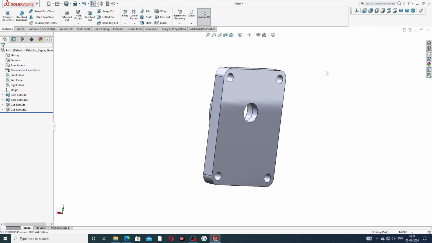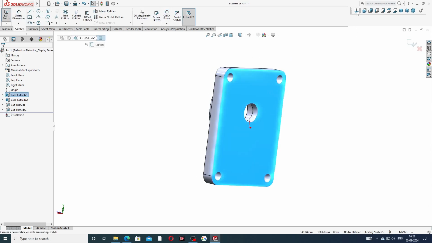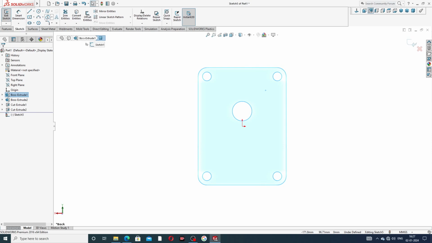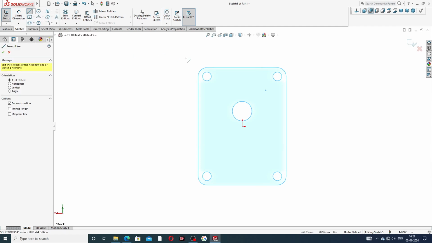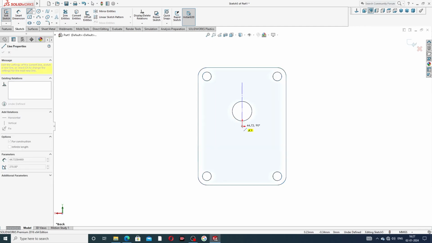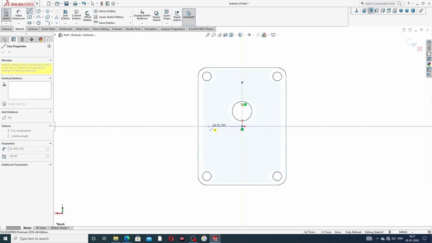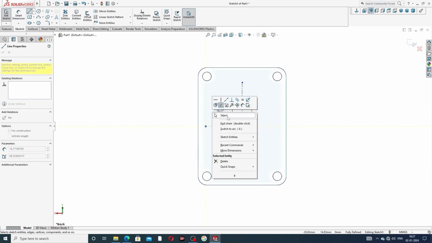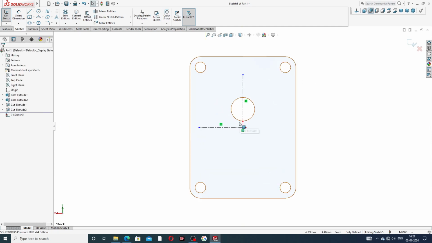Okay, select this face, sketch, normal. At first, draw a center line. Okay, and at first select a center